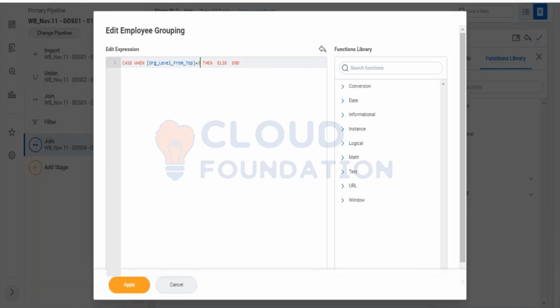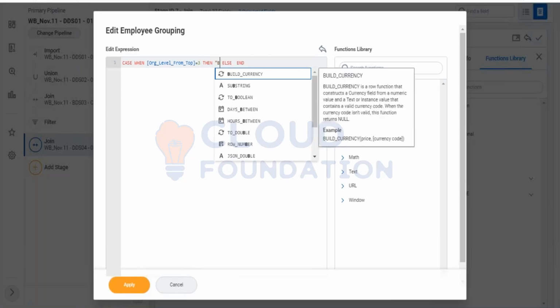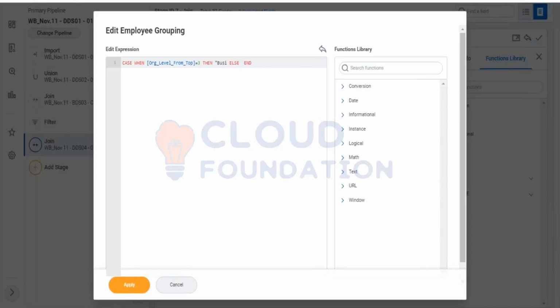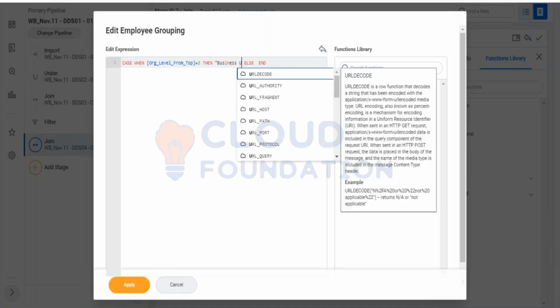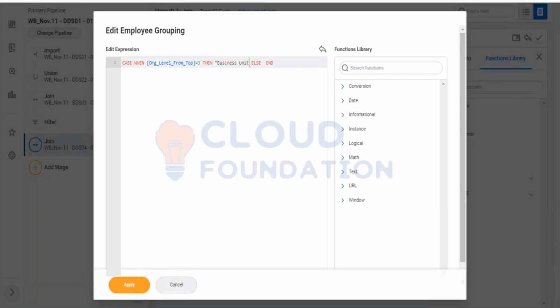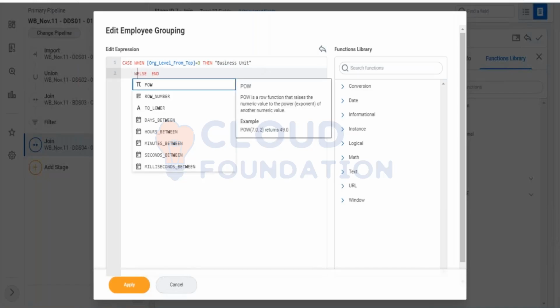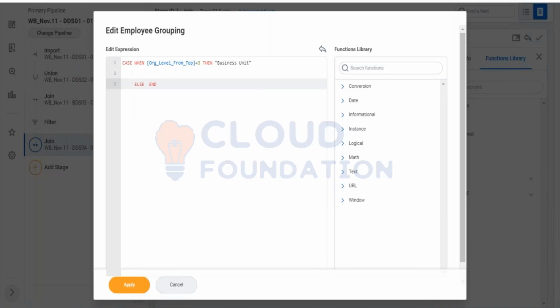So if this is equal to 3, then it should return me the value of business unit, right? And then